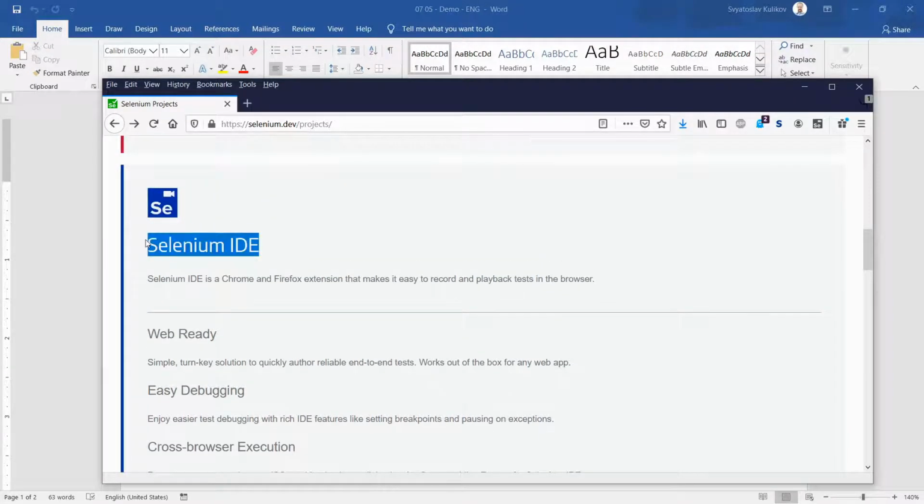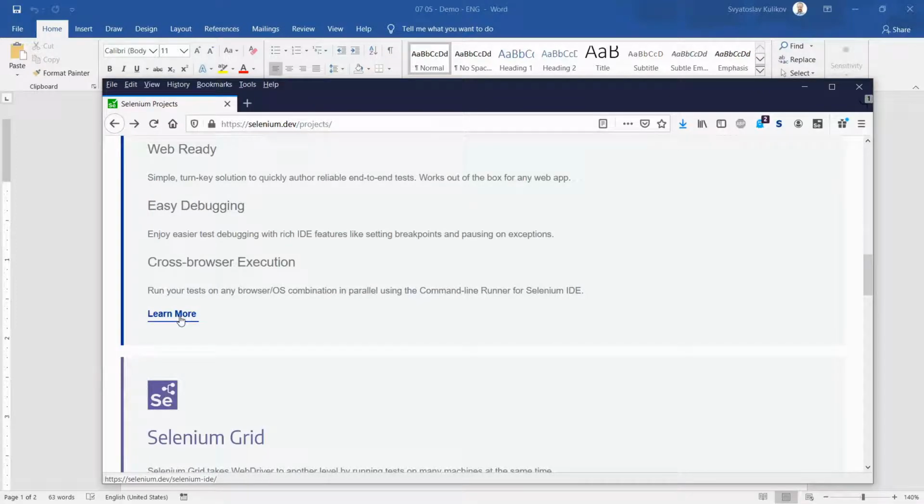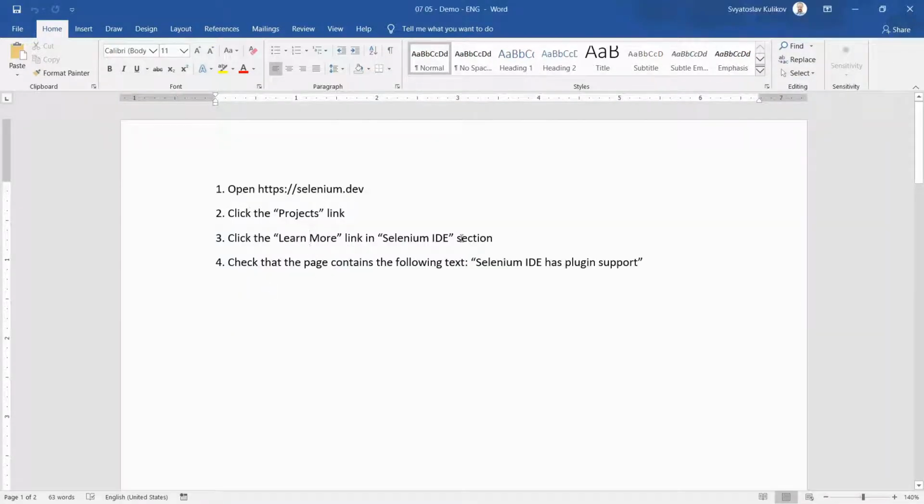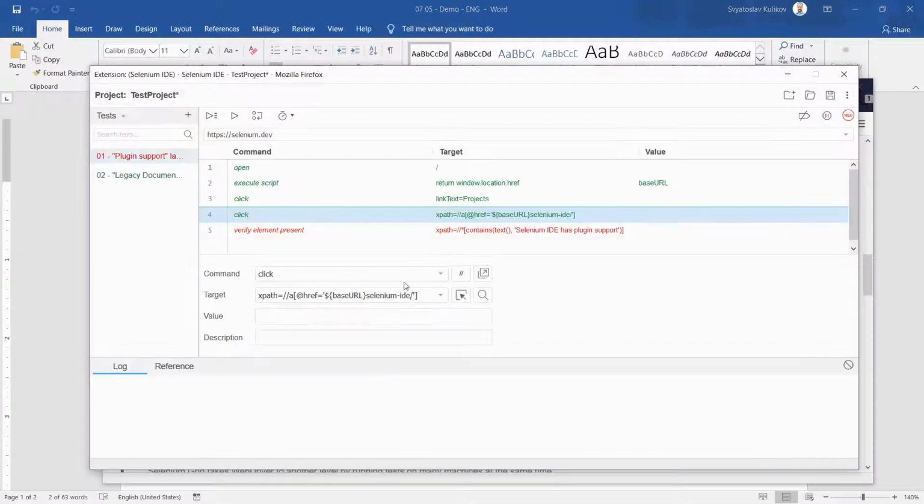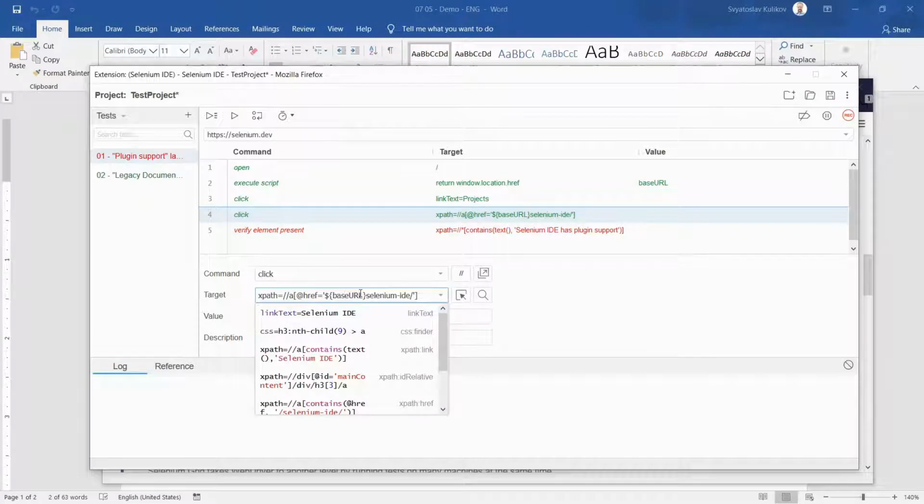So here it is, like it's set in our original test case, but we may not rely on this label. We have to use the href value. And here we are calculating that address value.